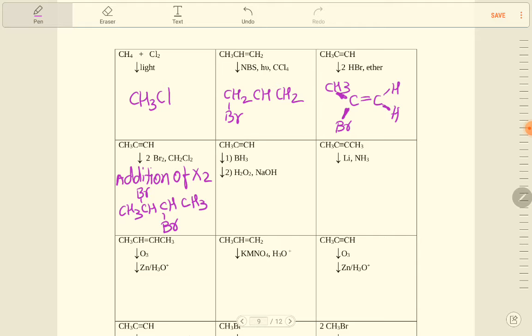This is water addition and hydroboration. CH3, CH2, CH2OH. Same thing, water addition and hydroboration. So when you see that reaction,